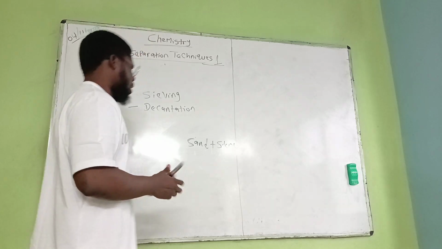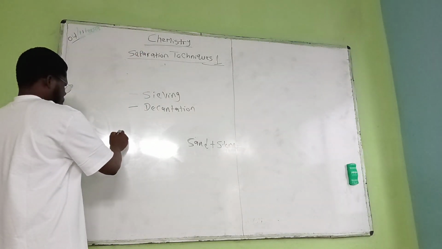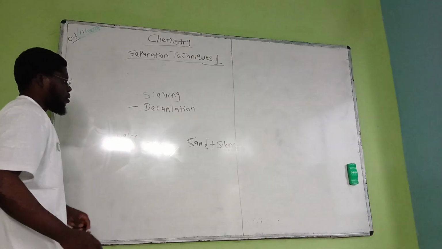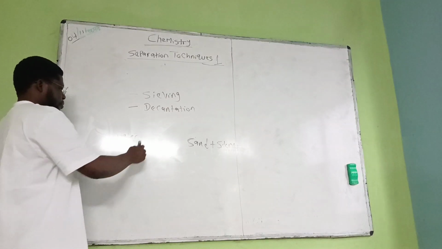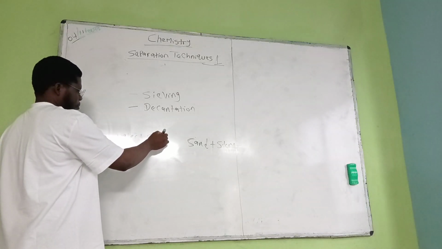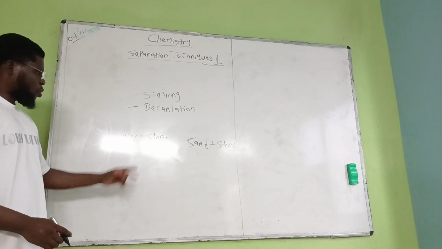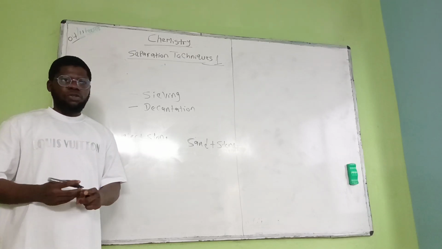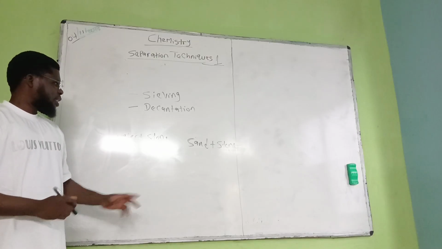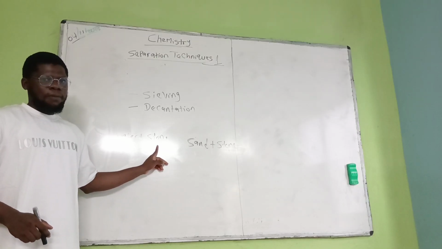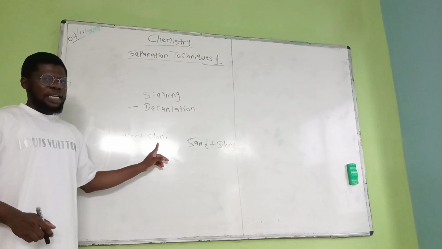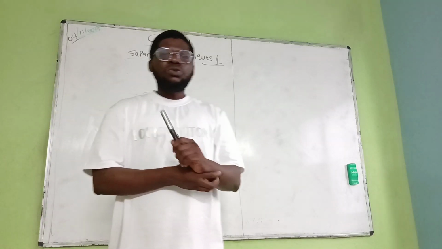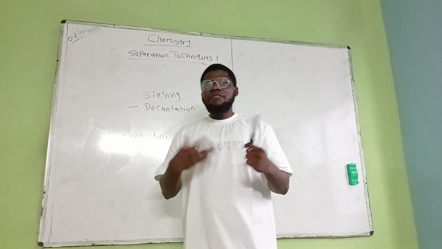Let's assume that we have water and we have stone. Water and stone, or stone and water, right? When we mix this together, it will become a mixture. Now, you will notice that the stone is a heavier substance. You can also define decantation as a method used in separating heavier